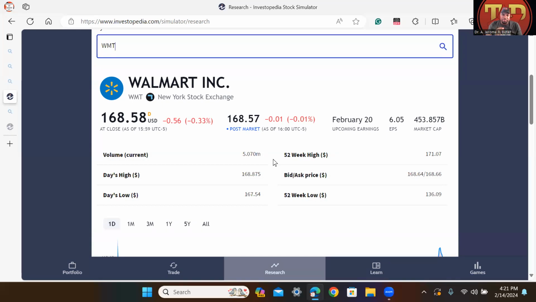So in other words, there were traders, people that either bought or sold Walmart, 5 million trades moved. That was millions of dollars that just moved in Walmart just today. This gives you your daily high. Your daily high today was 168.875. What today's low was, which was 167.54. And then it gives you a 52-week high of